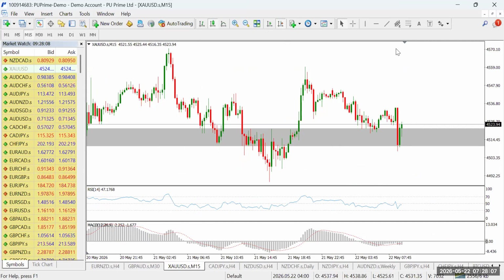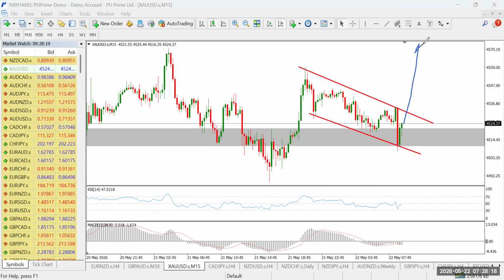So we might be looking at a lower time frame, like 15 minutes, for us to look at taking an entry. So this is a 15 minutes time frame on gold. We have a falling wedge. Might be waiting for price to break out above this falling wedge to trigger a buy. Once price makes a clean break above this level here, with our RSI clearly above 50, you may look at taking a buy on gold. And if that works as planned, price may target the next recent high over there at this region.